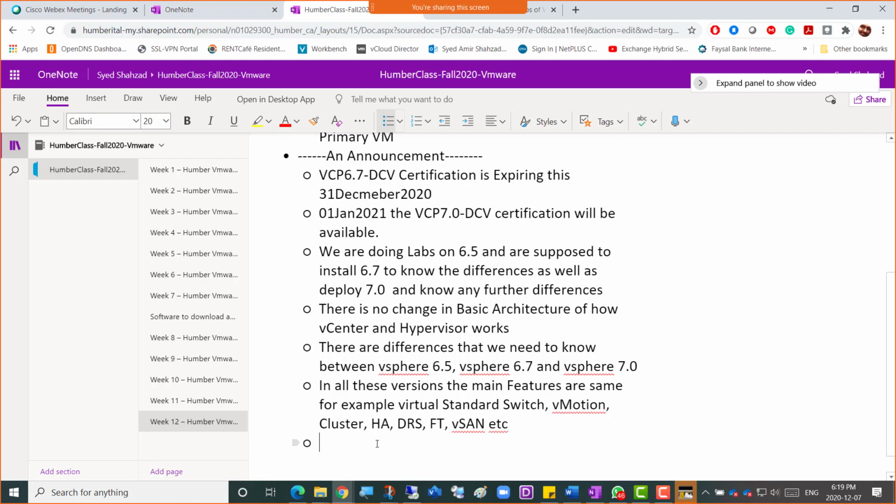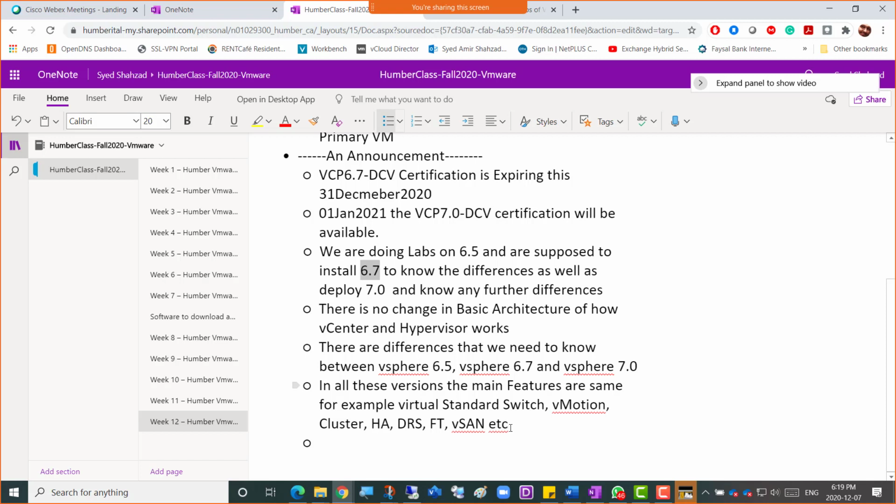Now, if any one of you is going for 6.7 related vouchers, those vouchers will also expire by the 31st of December 2020.